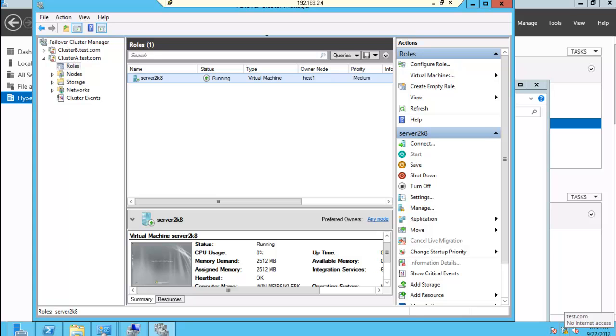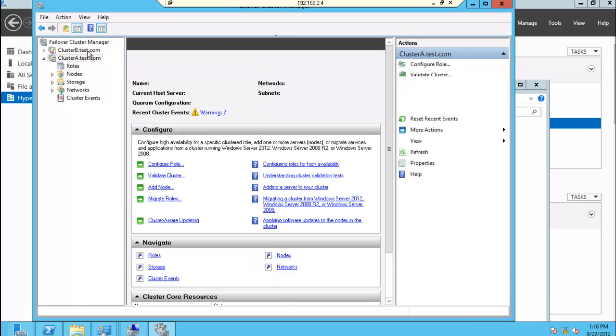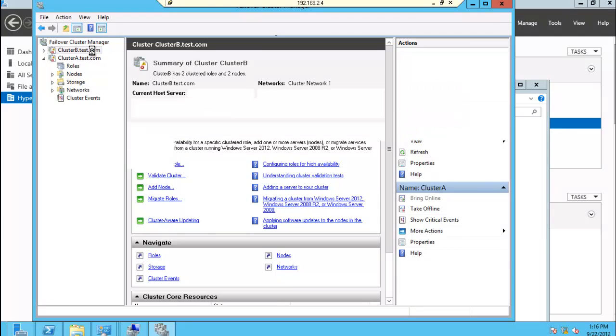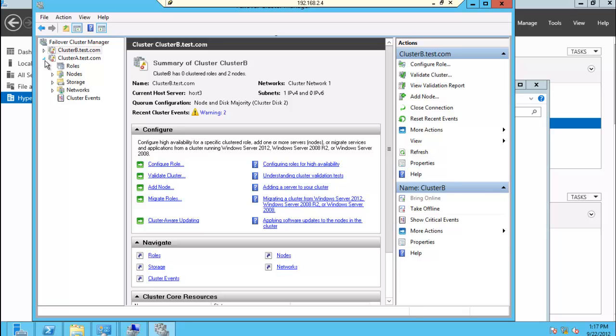In this tutorial, we're going to demonstrate Windows Server 2012 Hyper-V replicas between two Hyper-V clusters in separate sites. So I have two sites. On each site, I have one Hyper-V cluster, called cluster A in site A, and another Hyper-V cluster called cluster B in site B, both belonging to different subnets. And in each cluster, I have two nodes each. So host nodes 1 and 2 in site A, cluster A, and host nodes 3 and 4 in cluster B